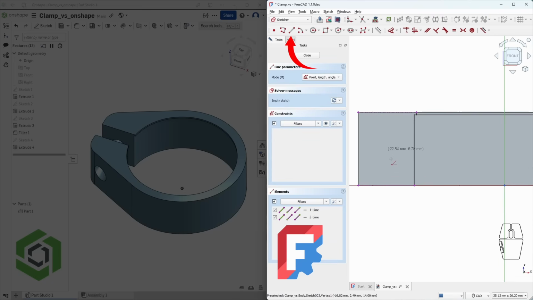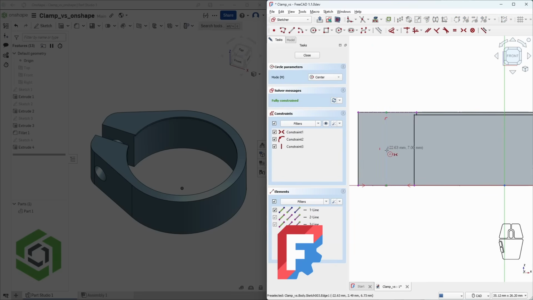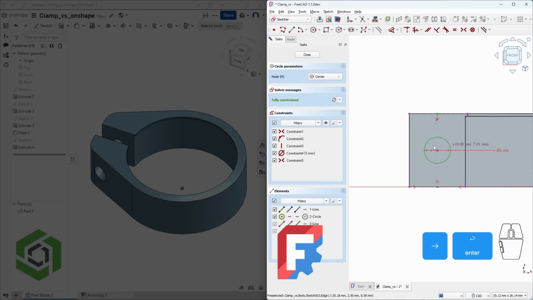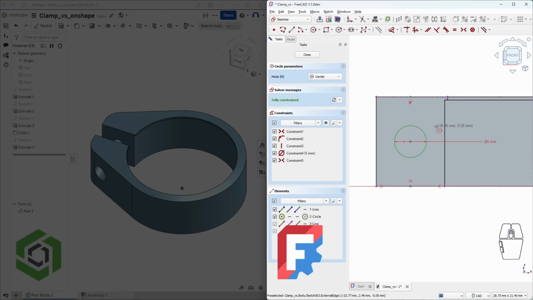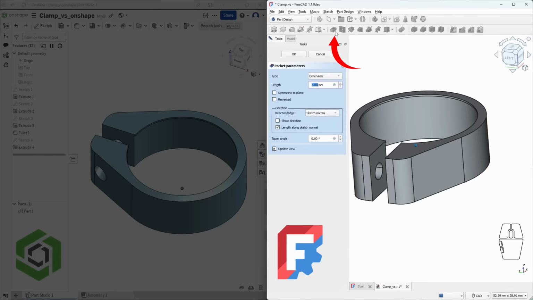Then, use the Line tool to create a vertical line starting from the midpoint of the bottom edge. Next, select this line and convert it into a construction line. Using the Circle tool, draw a circle at the center of the line with a diameter of 5mm. Then click on Close to exit the sketch. With Sketch 003 selected, click on the Pocket tool icon, then choose Through All and check Symmetric, and click OK